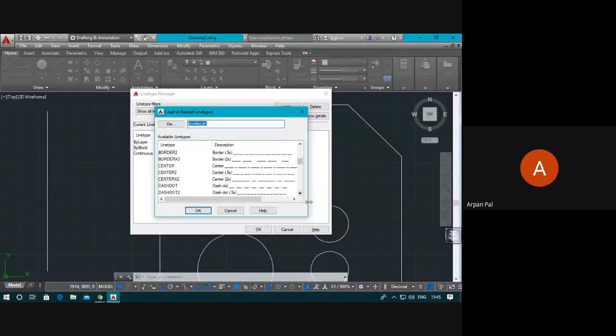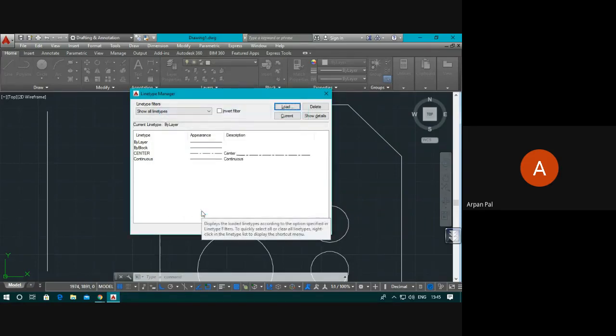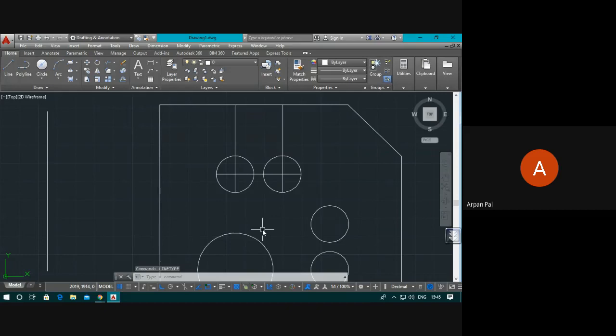Now these are actually kind of center lines. So let us take the center one and open. And then click on this. This is my selection. Now see what happens. I take this line and then I drop it down. It will give me a center line.